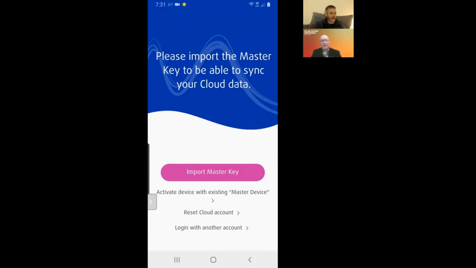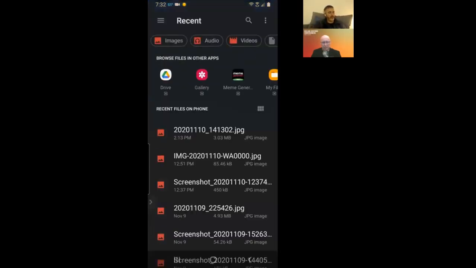Import master key. Okay. So again, if this is my first time, I would want to save it. And personally, when I hit the save button, it's going to give me icons of different apps to do that with. I would choose my email app, hit it. In the subject line, I would put master key and I would send it to myself, maybe to my wife, so that in the future I could get it back. Okay. So for me, when I import it,